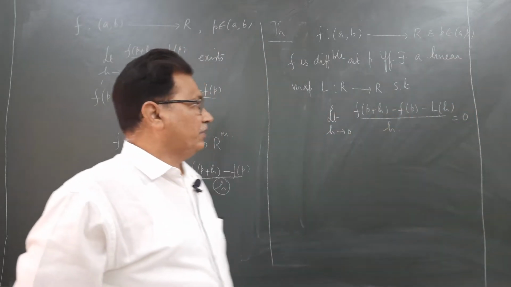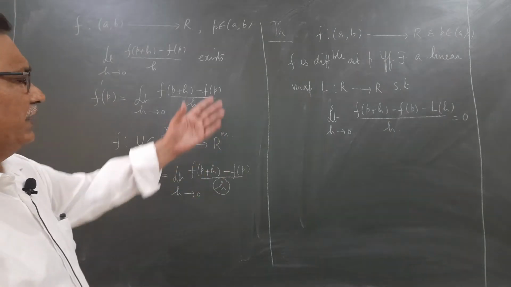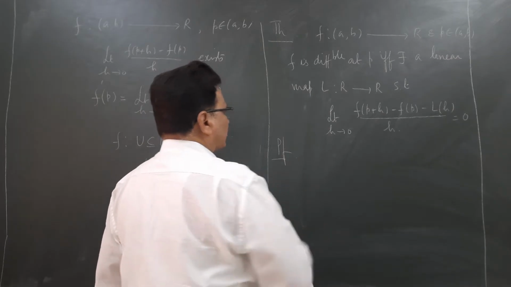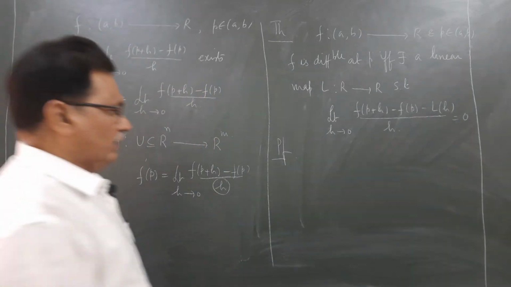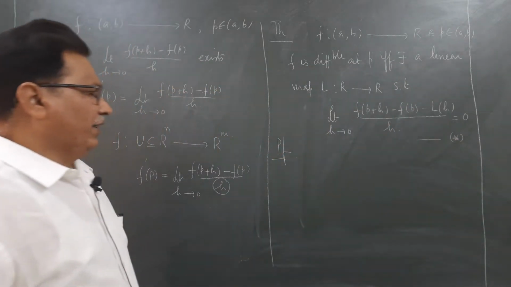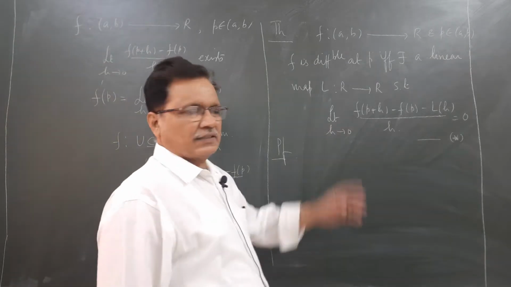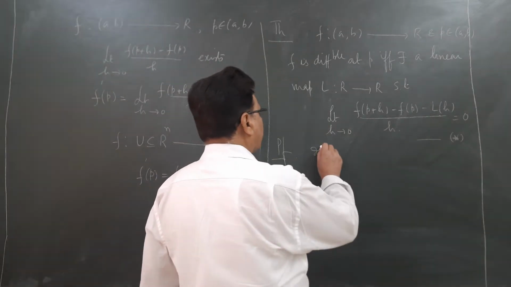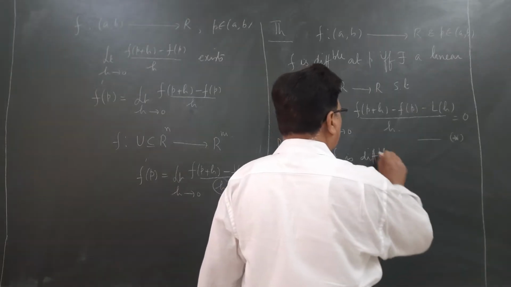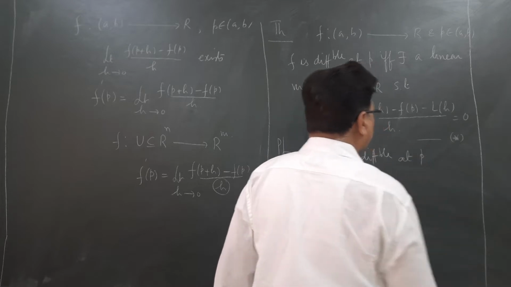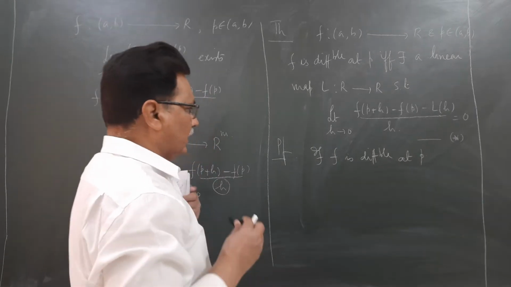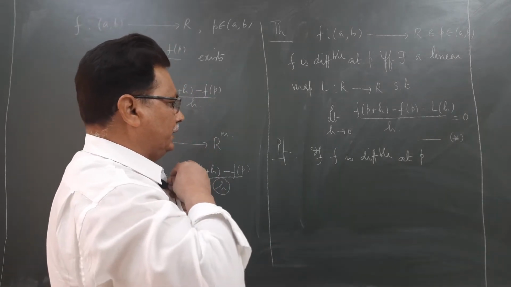This is the property which one can easily observe, and I am stating it as a theorem, and the proof is simple to realize. This I will call the star formula. If f is differentiable, you can realize that the star formula holds. If f is differentiable at P,